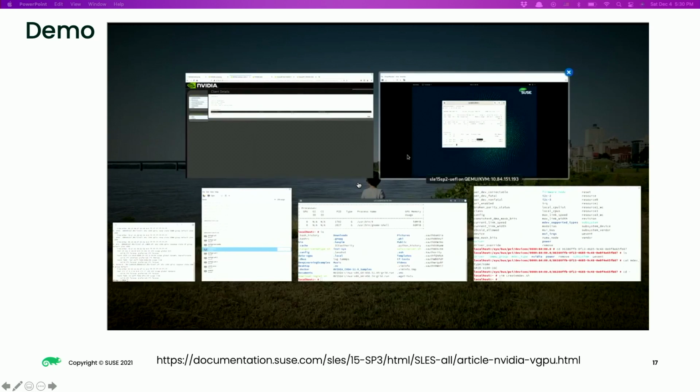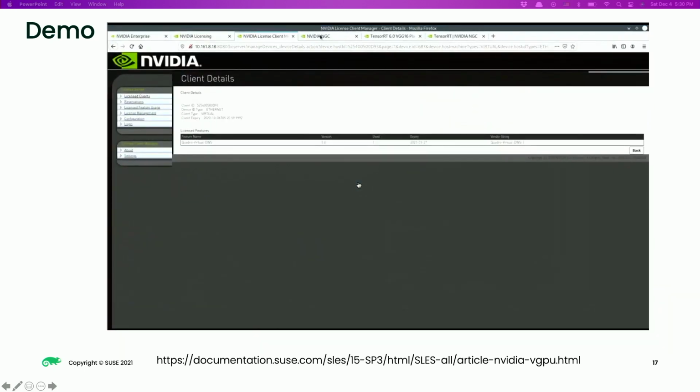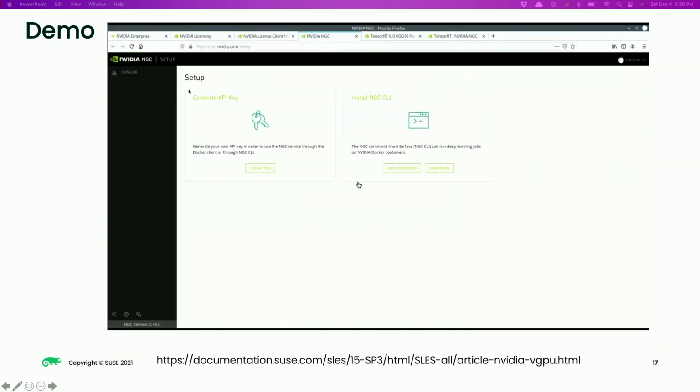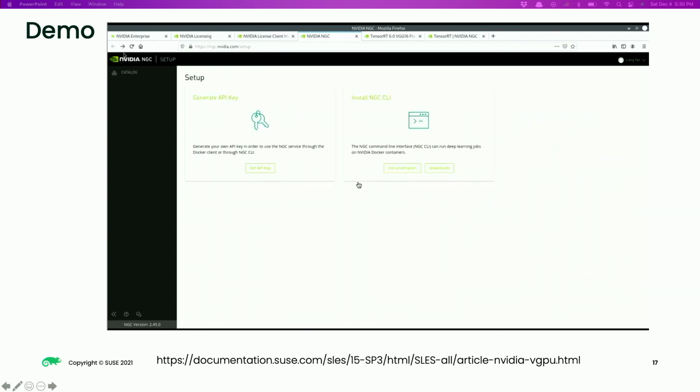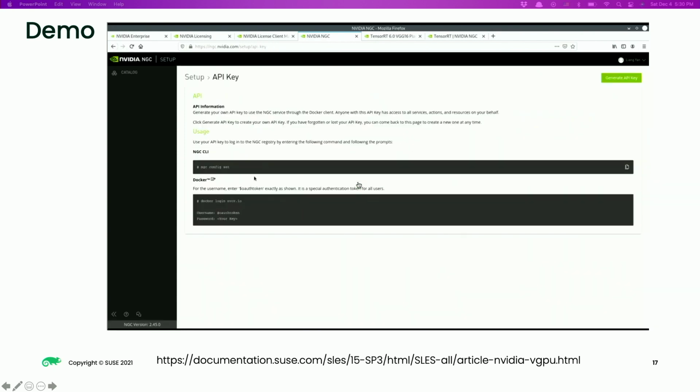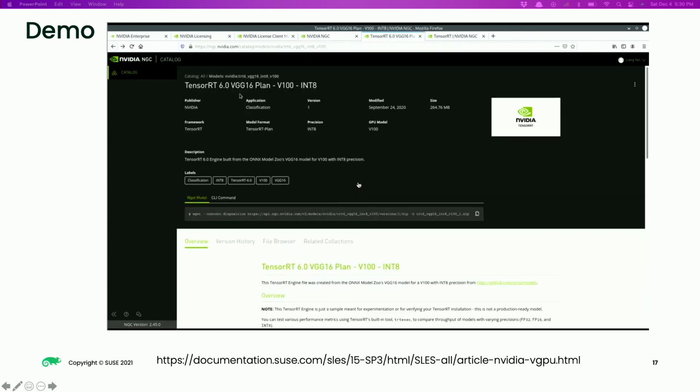And I'm going to get this NGC container here. You also need to register a key there for security purposes. That's kind of a downside of using an NVIDIA product. Luckily, it's only a one-time step. Once you set it up, you don't need to do it again.